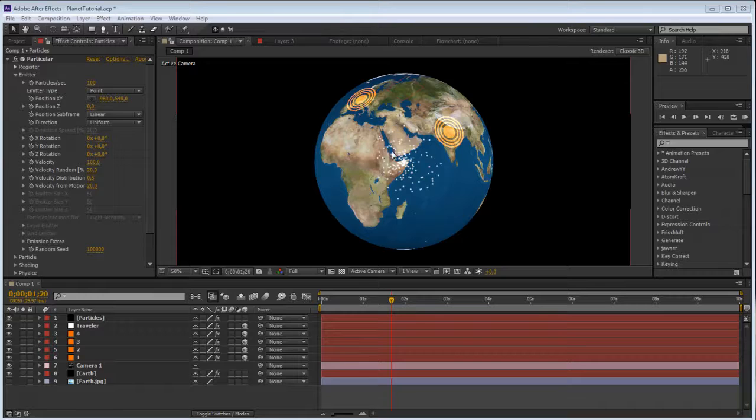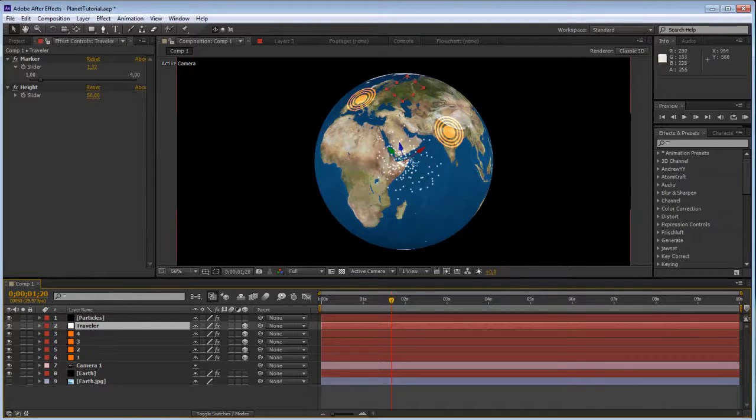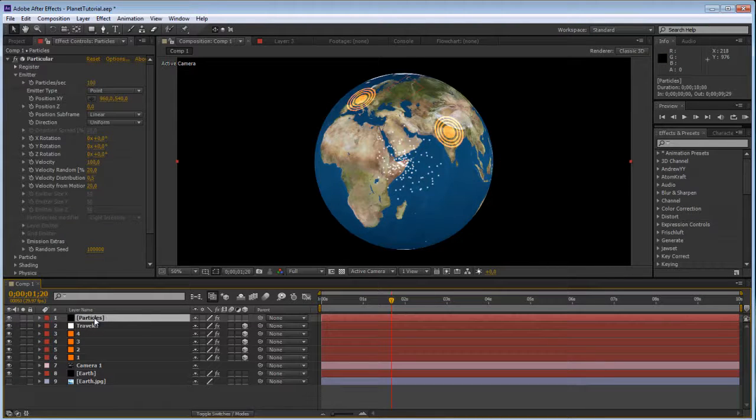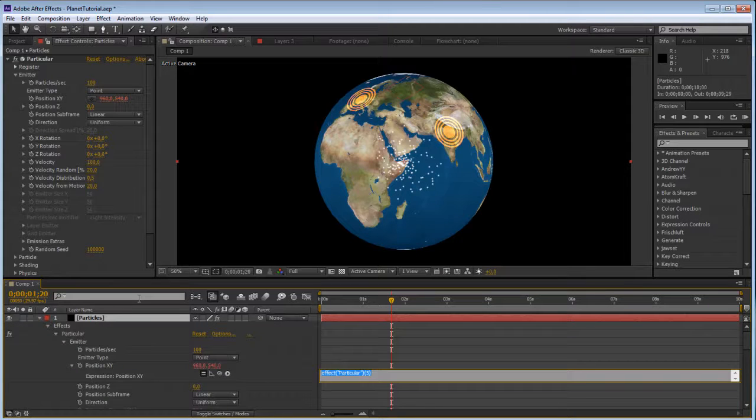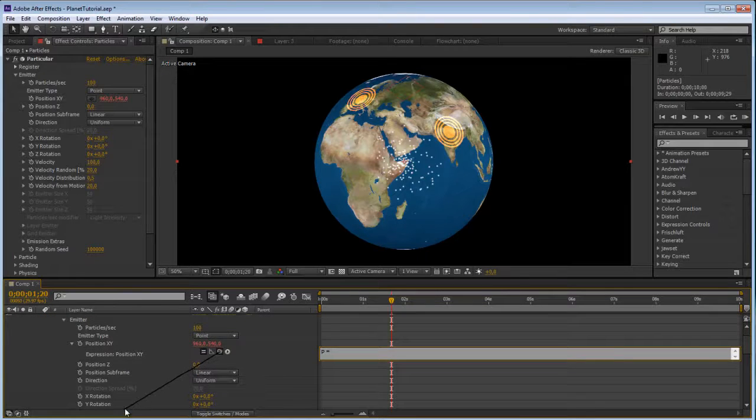Alright, now you cannot just link the emitter to the position, because the position is at the center of the sphere at this point. So what we need is the value of the layer where it actually is in the viewport. So there's actually a very easy expression that does exactly that. So just Alt-click on the position XY, and we're just going to say P for position equals. I'm just going to pick whip that layer to the traveler,